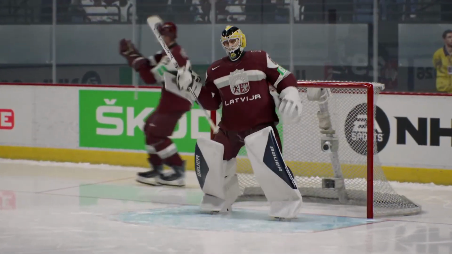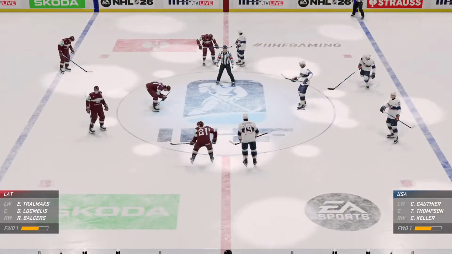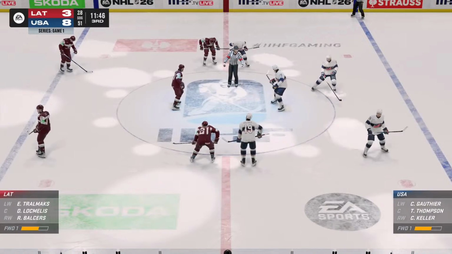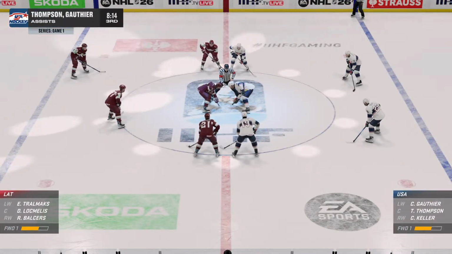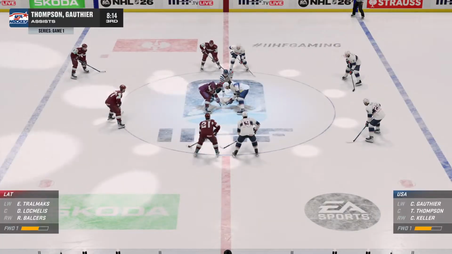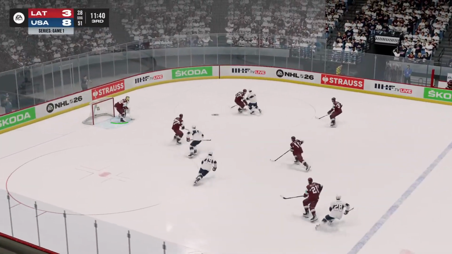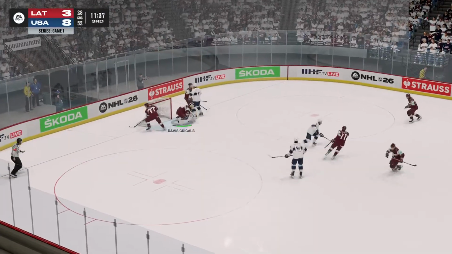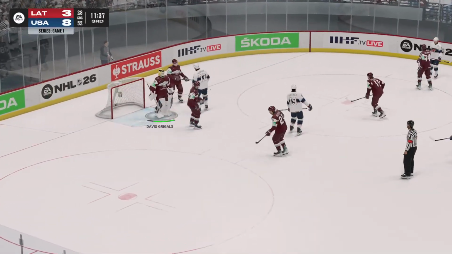Team USA taking control here in this third period. Appreciate that, Glubster. 8-3 our score, 11:46 to go in the third. And a new goaltender for Team Latvia. Here in the quarterfinal, winner takes on Czechia in the semis. Clayton Keller floats it in on net, and Davis Riggles, I hope I pronounced that right, makes the stop.